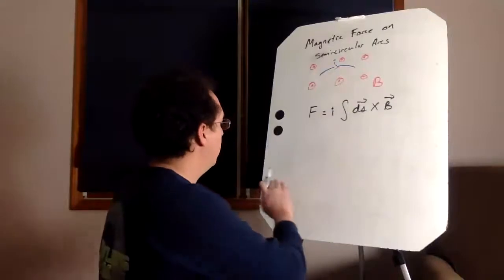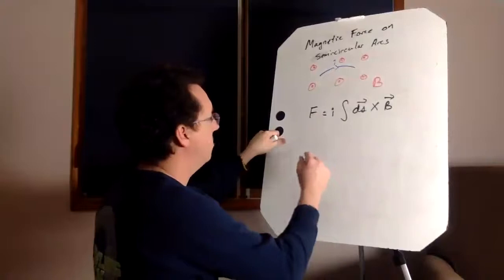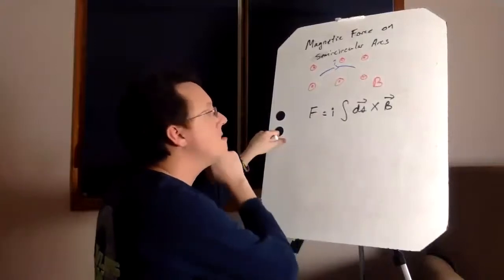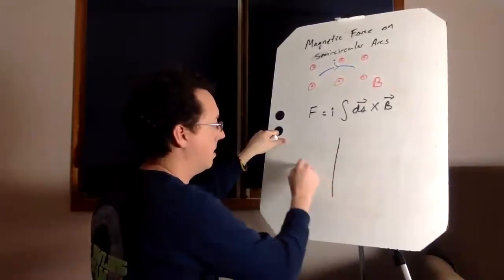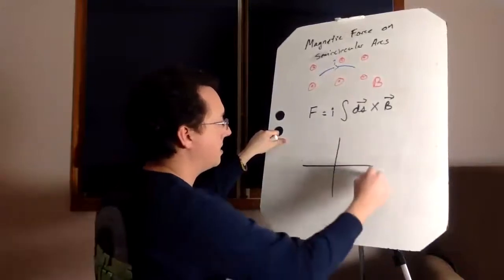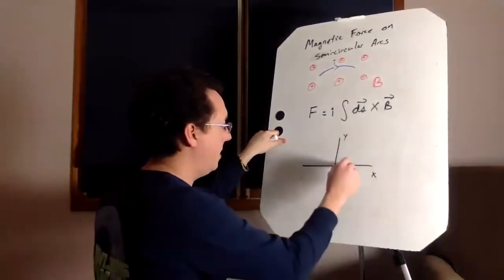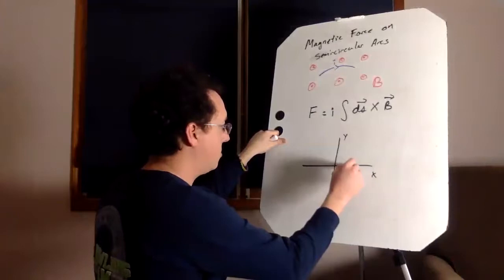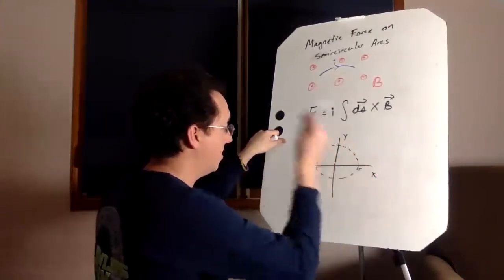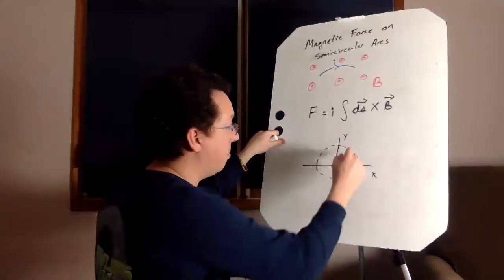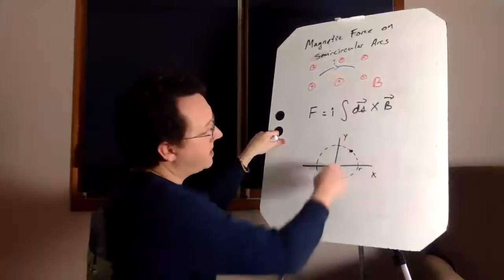All right, so let's review this. Let's go back to the beginning. Okay, so let's draw out the x, y plane, and let's draw a circle of radius r. And let's pick a generic point on that circle. So if you were standing right here,